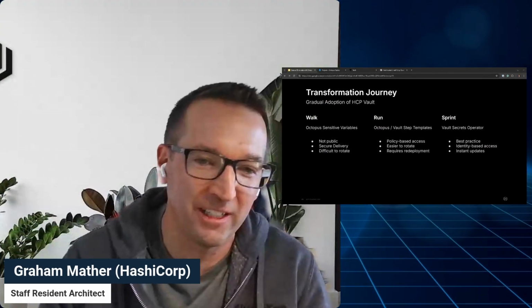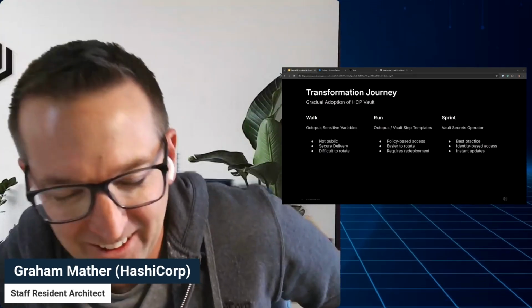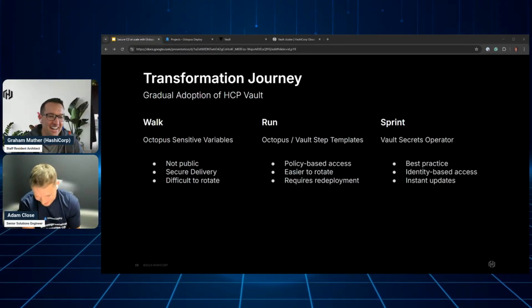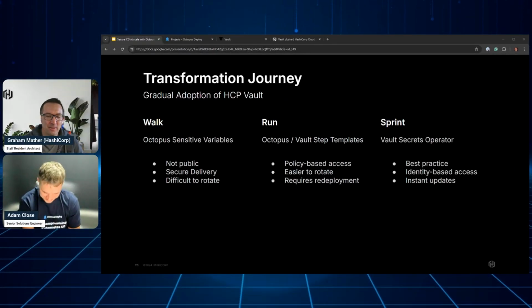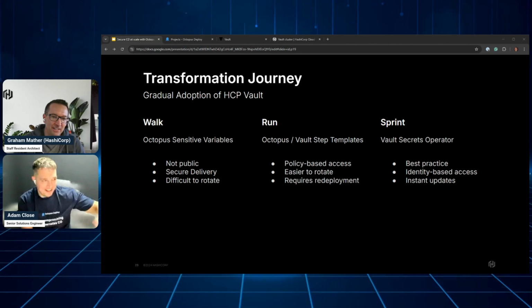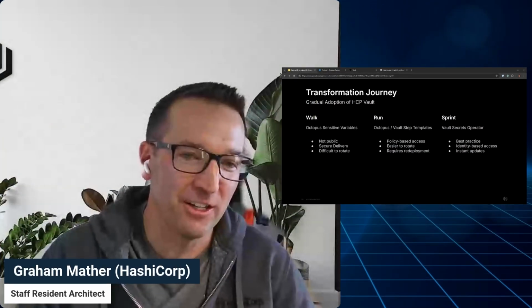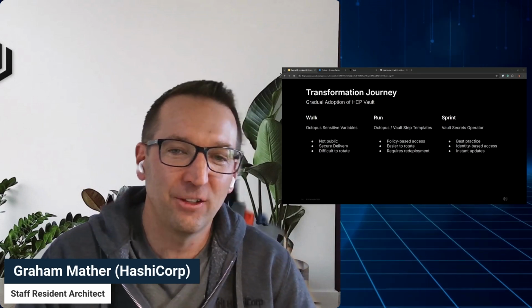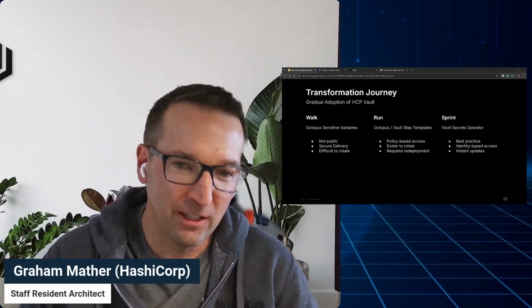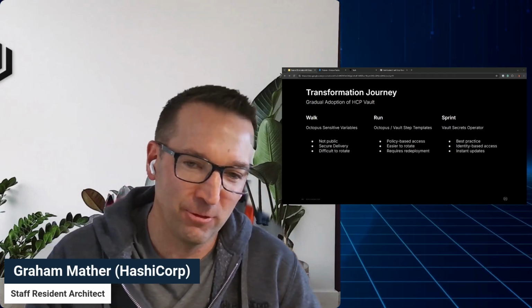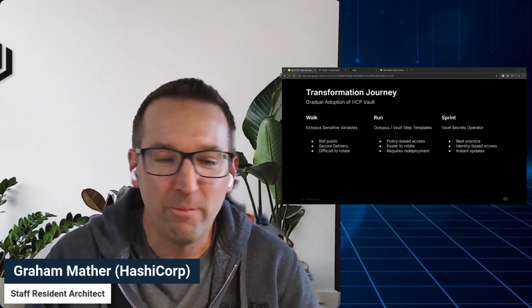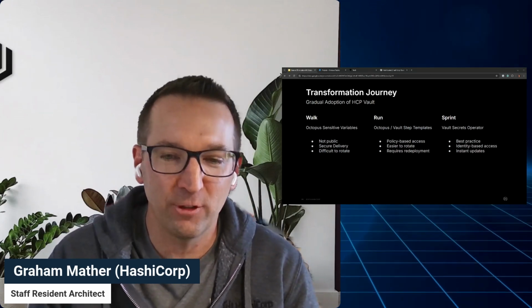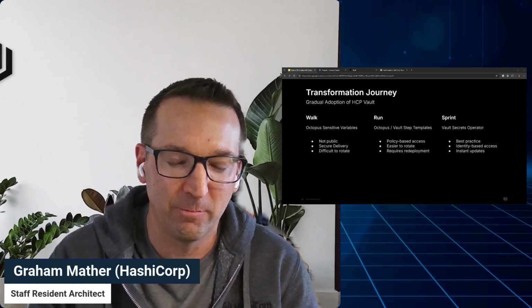So the first step is admitting that you've got a problem, right? It's, I should probably rotate that password. Yeah, right. So the crawl step is, I should probably not be so cavalier about my secrets management. So the walk step is leveraging your automation platform to manage the delivery of some secrets, right? Automatically,